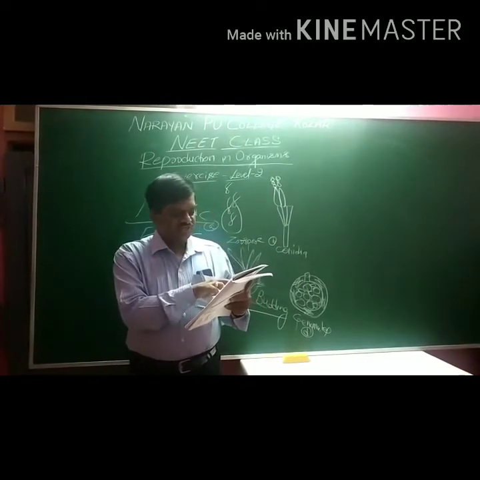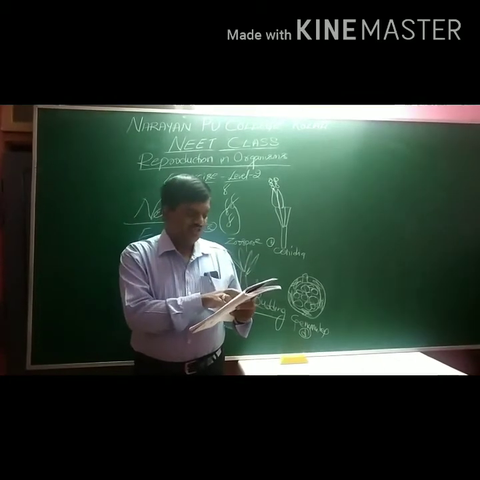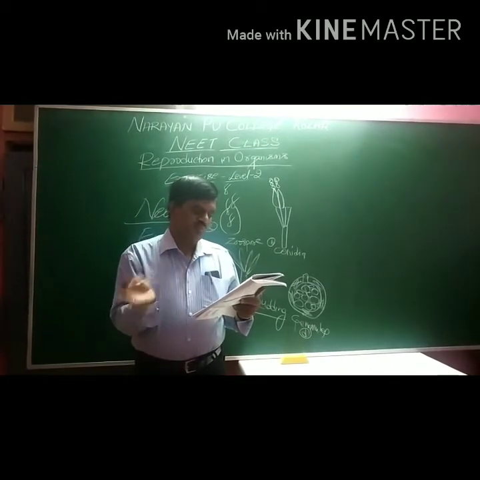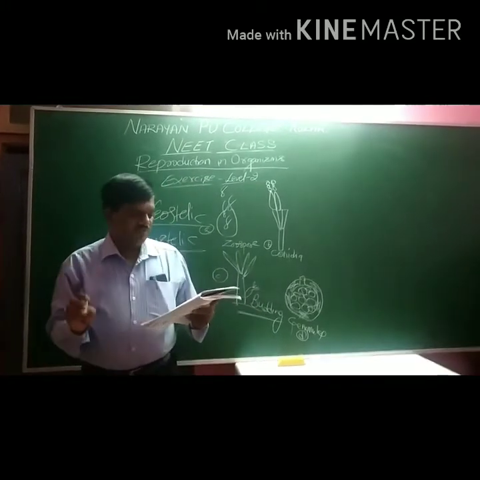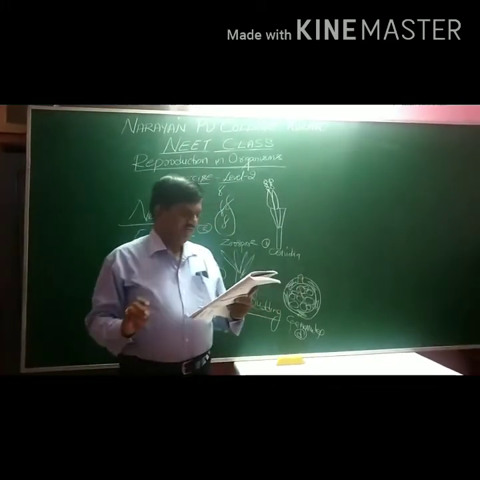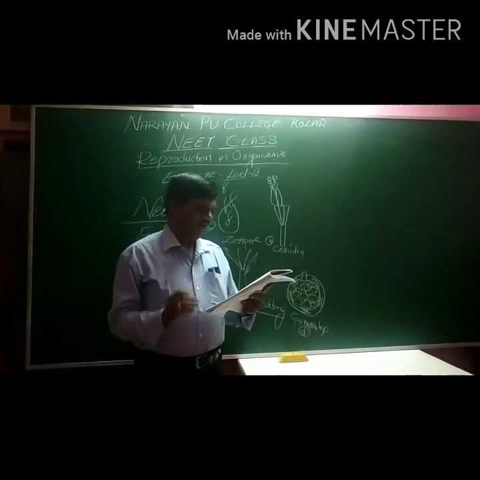Whereas the second option, mammalian females, means both primates and non-primates. But here, the right option is mammalian females and other primates. So this is the one. Next